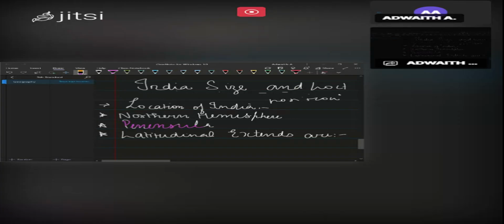Then you write about India's location. So the extents are 8